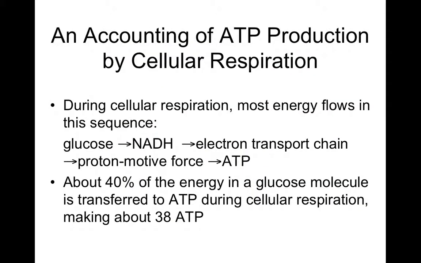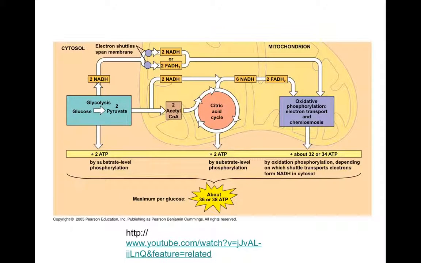So during cellular respiration, most energy flows in this sequence, from glucose to NADH to the electron transport chain, creating a proton motive force that allows ATP to be regenerated. About 40% of the energy in a glucose molecule is transferred to ATP during cellular respiration, making a grand total of about 38 ATP. You may want to stop on this picture and make a tally of all the products